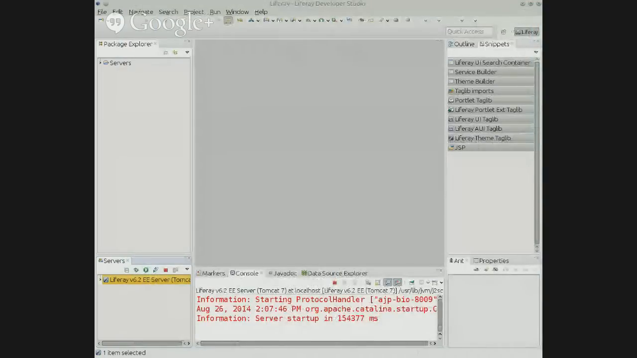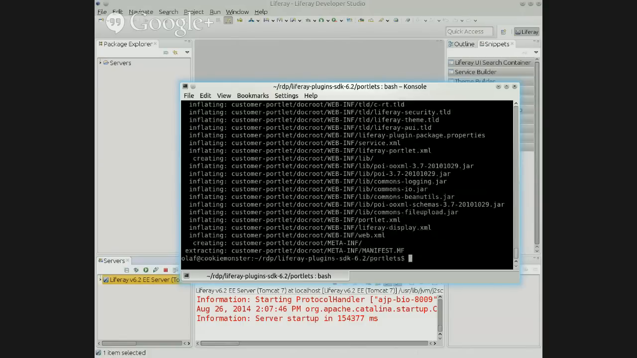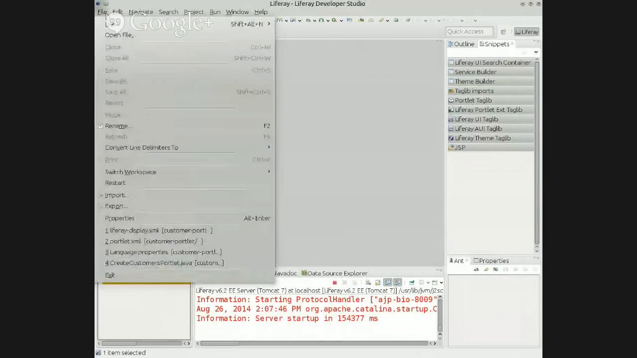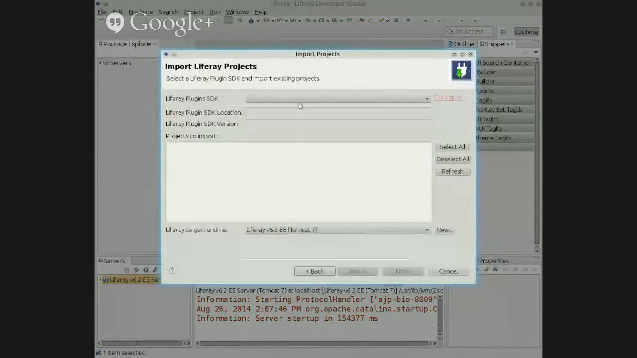And let me demonstrate, if I find my shell. Here it is. So I have downloaded it, and I'm going to unzip it right in the portlets folder, and that's it. I now have my customer portlet and can go to my developer environment and import this from my SDK. Import Liferay projects from SDK. Next, choose my SDK where I unzipped, and